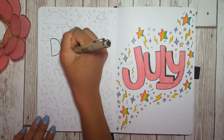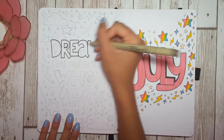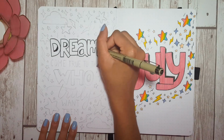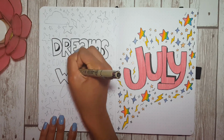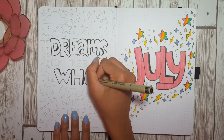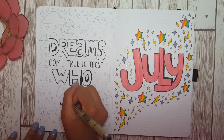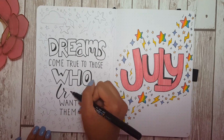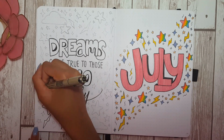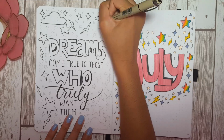Moving on to the quote page, I absolutely fell in love with this quote when I watched Stray Kids' new music video that came out last Friday called Mixtape A. This quote showed up twice, or maybe more in the music video, but it says, "Dreams come true to those who truly want them," and I thought that was such an inspirational and motivational quote, and it was just so beautiful. And I listened to the song so much on the day it came out, and I just really loved the music video. It was kind of iconic for all Stays because Hyunjin reappeared in it for the first time in like months. But anyway, that's where I found this quote from,